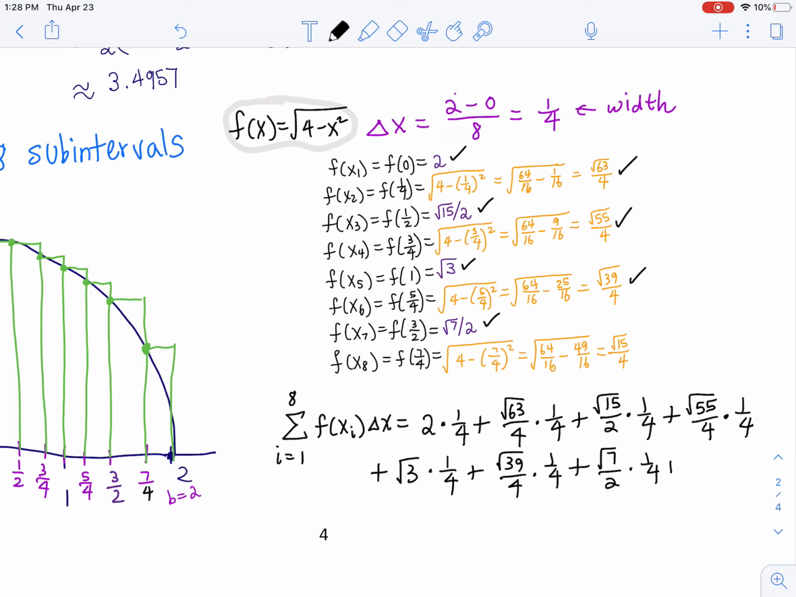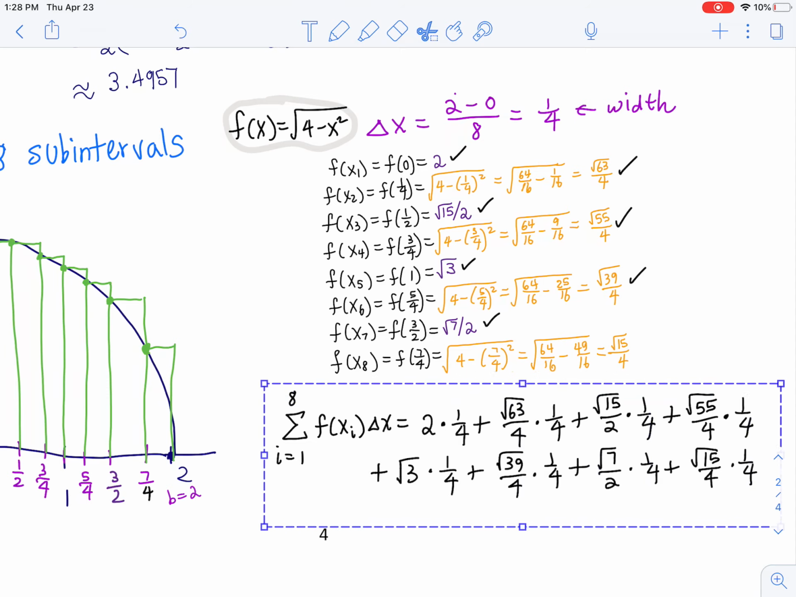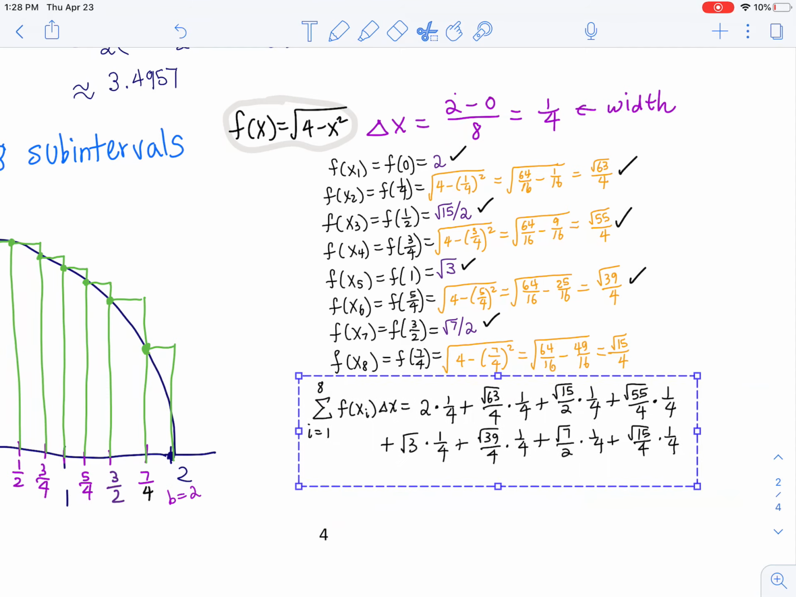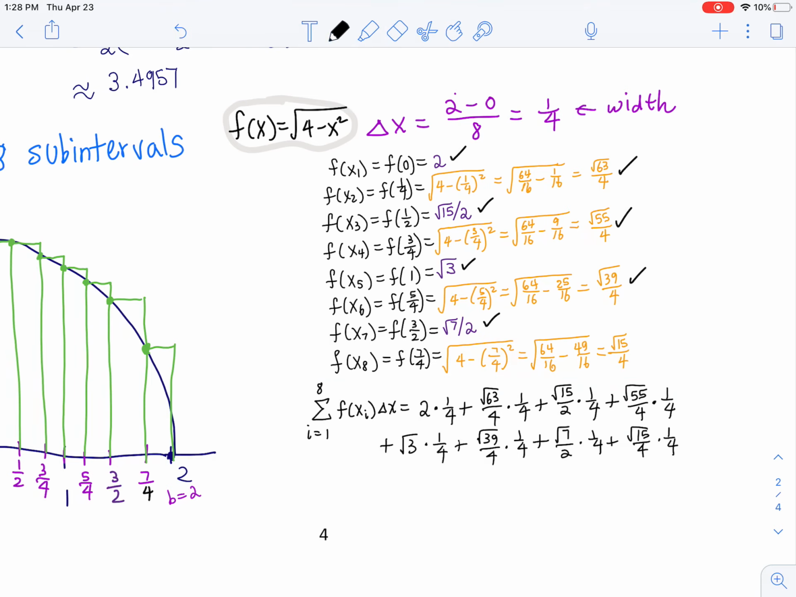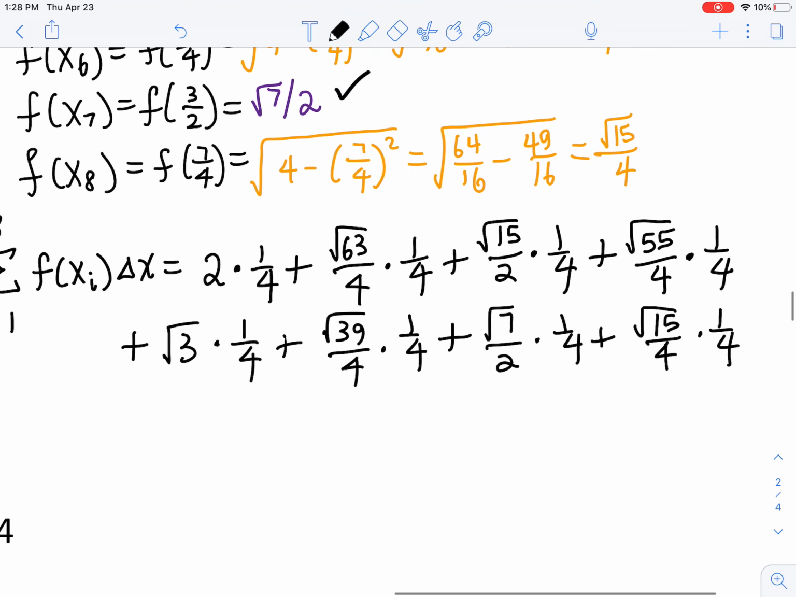That requires some real dedication here, guys. Square root of 3 times 1/4. Square root of 39 over 4 times 1/4. Square root of 7 over 2 times 1/4. And the very last one, square root of 15 over 4 times 1/4. Okay, so if you do all these sums,